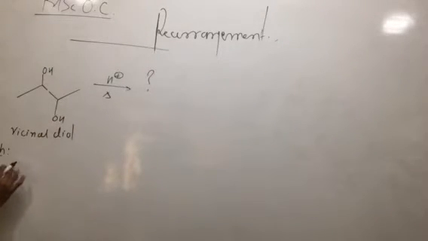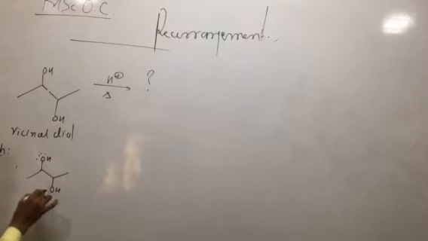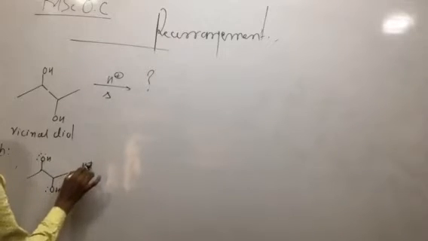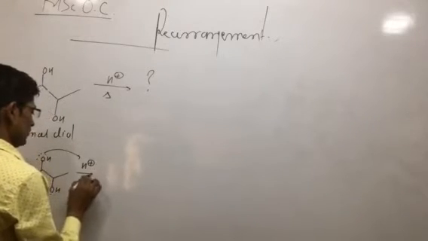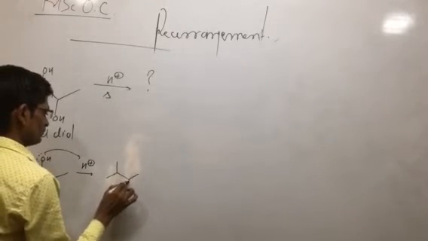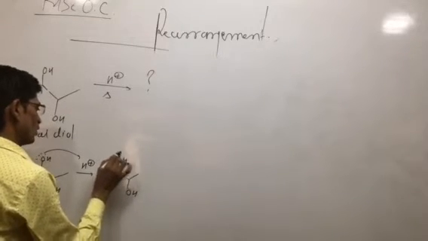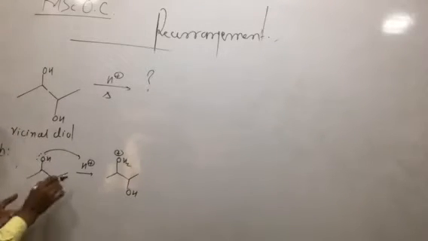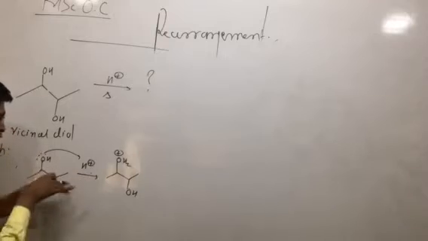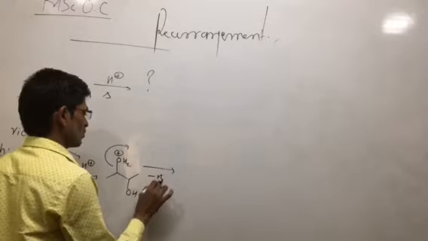As we are having the vicinal diol, this oxygen contains the lone pair of electrons having tendency to take the proton from the acid, and it becomes a good leaving group. After abstraction of the proton from the acid, the poor leaving group converts into the good leaving group. Loss of water molecule, minus H2O.